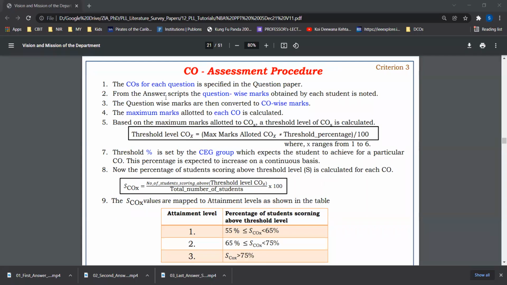From the answer script, the second step was that the question-wise marks obtained by the student are noted. We have noted it down. It is a time-taking process, the second step. And the third one is that the question-wise marks are then converted into CO-wise marks. So in order to do this,